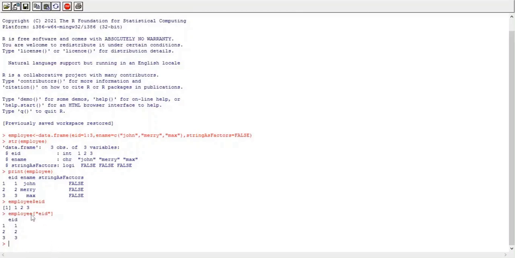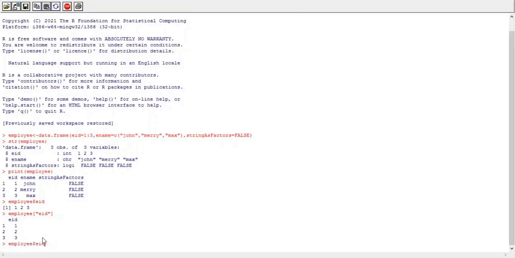Okay, like see here, whenever I have used the dollar sign to access values of employee ID, it has given me a vector type of output. And whenever I have used a single square bracket to access the employee ID component from the data frame, it has given me a column from the data frame. So this is the difference between the dollar sign and square bracket. So this is how we can access data from the data frame.